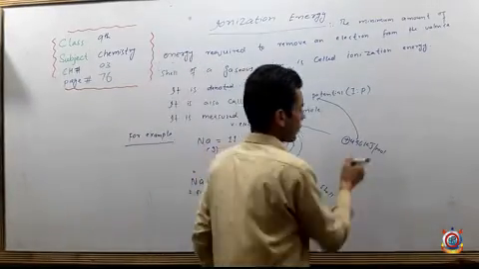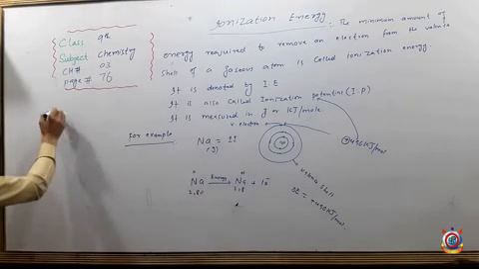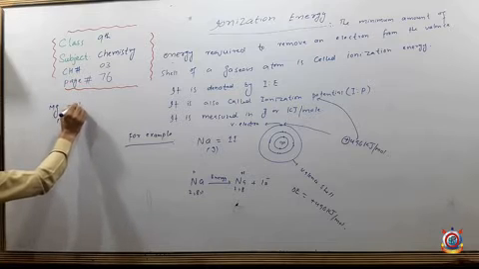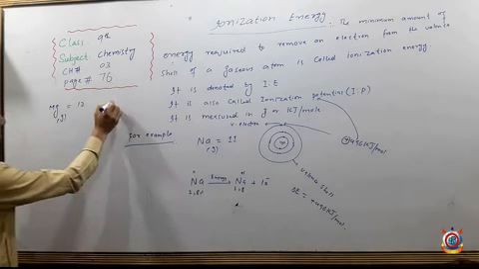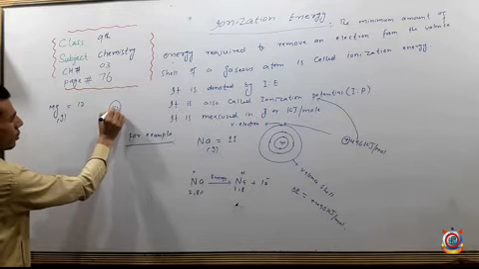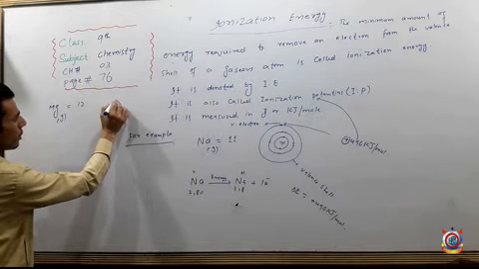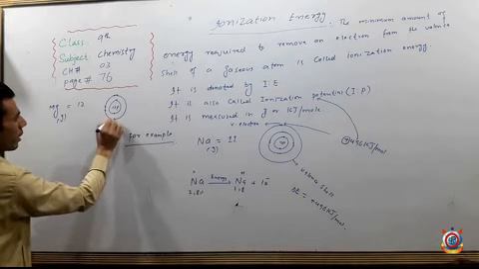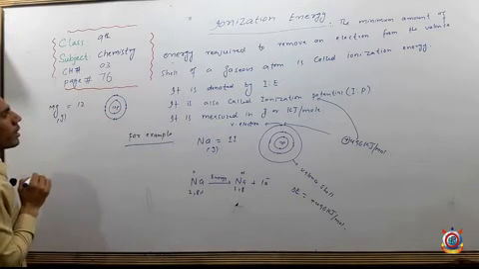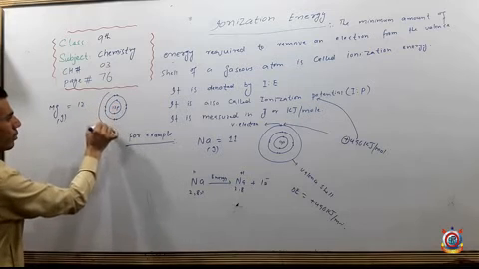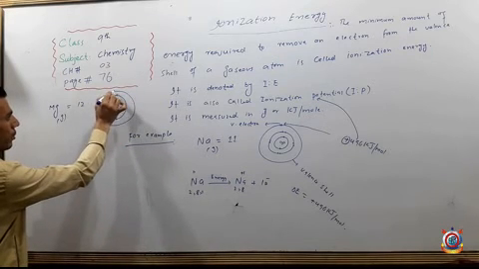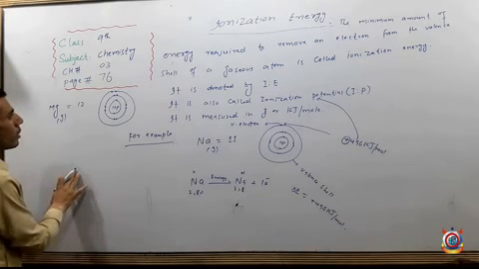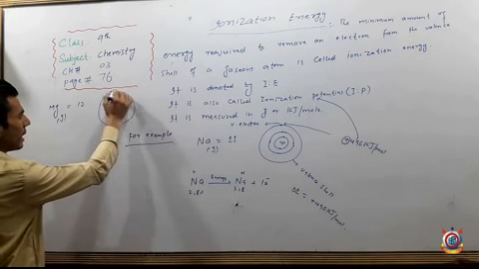Similarly, magnesium, whose atomic number is 12. This means that it has 12 protons in its nucleus, 2 electrons in the first shell, 8 in the second shell, 2 plus 8, 10, and 2 electrons in the last shell, the valence shell or outermost shell. So if you want to remove an electron from the last shell of a